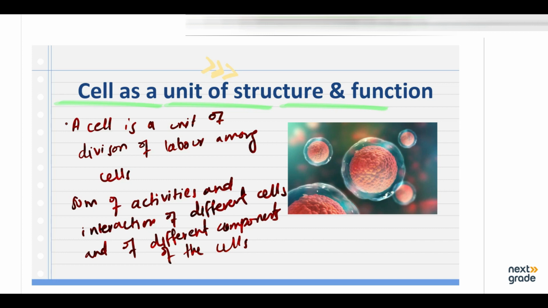In multicellular organisms, there is a division of labor among cells. Different cells are specialized to perform different functions. We will look a little deeper into that. The function of the organism as a whole is the result of the sum of the activities and the interaction of the different cells and of different components of these cells. For example,